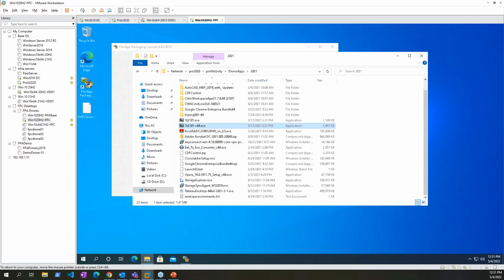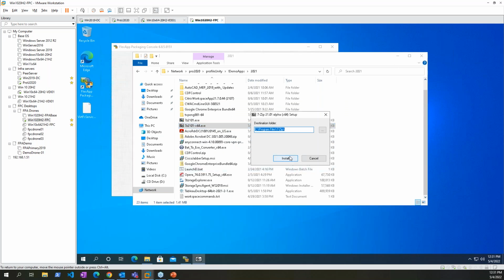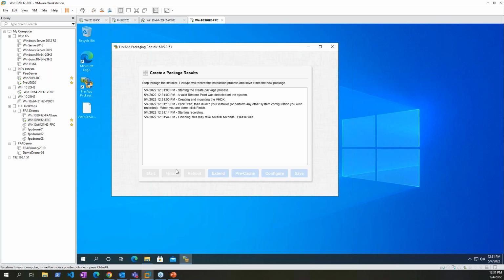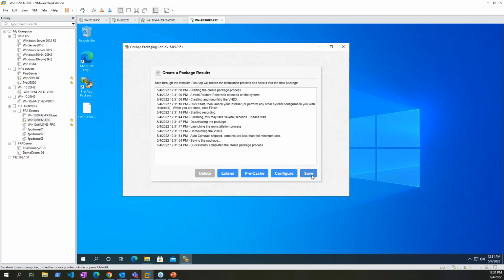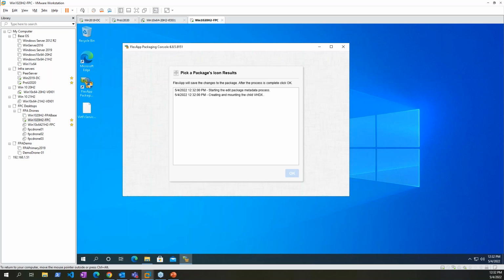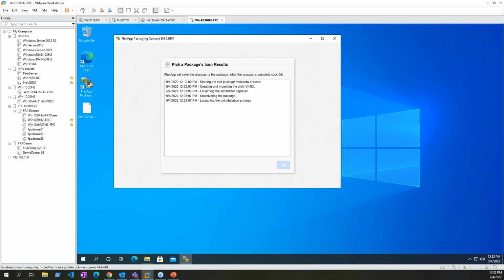Now keep in mind, I'm only doing 7Z because it's quick. I'm not doing 7Z because, oh, that's an easy app. Of course, all you guys can do easy applications. Some of the more complex applications that I've personally sequenced have been ArcGIS, AutoCAD, Tableau, Mathematica, let's see, Epic Hyperspace clients, you name it. There's just tons and tons and tons. Visual Studio 17 and 19, the SQL Studio tools. I mean, these are things that even Microsoft's own sequencing methods have issues doing, and we are able to do